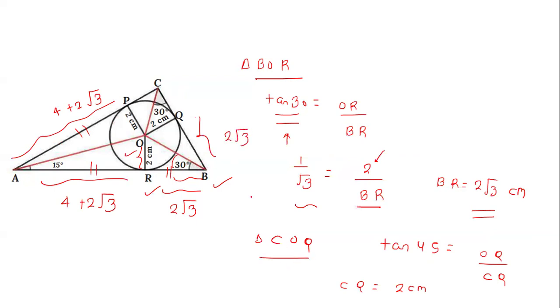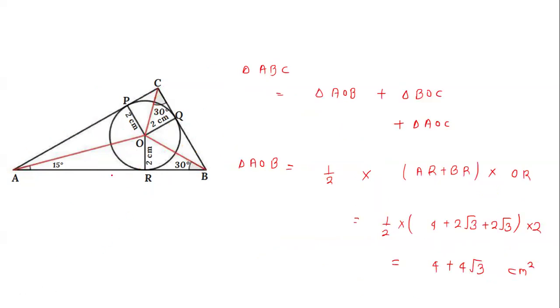Now you look at the triangle COQ. This is C, this is O, this is Q. And this angle here, it is written wrong here. It is not 30 degrees. It is the 45 degrees we calculated now. This is 90 divided by 2, it is 45. So it is OQ divided by CQ, where this is the perpendicular and this is the base. So this is tan 45. We know it is 1. And OQ value we know is the radius, 2 centimeters. So CQ we can find, it is 2 centimeters. So this length will become 2 centimeters and this length will also become 2 centimeters.